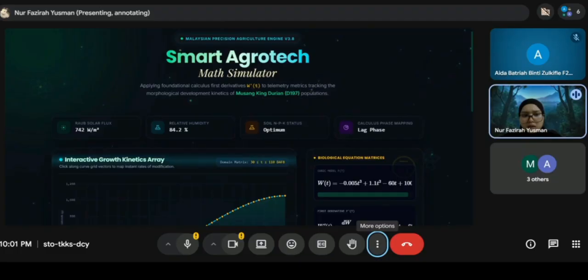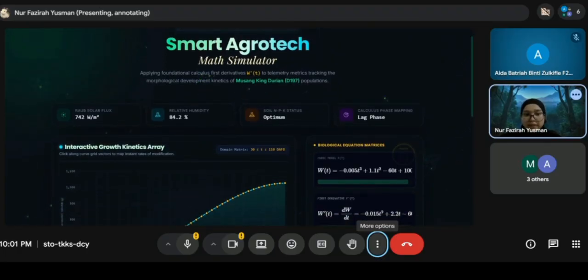In the modern agro-industry, predictability equals quality and profitability. If we cannot accurately map fruit growth, farmers face major issues: they might miscalculate harvesting, waste expensive fertilizer by applying it at the wrong developmental stage, or over-irrigate, which damages fruit quality. By studying this growth kinetics mathematically, we can transform agriculture from a game of chance into a highly predictable smart science. So, to solve this problem, I built this interactive simulator. Let me walk you through how it works.